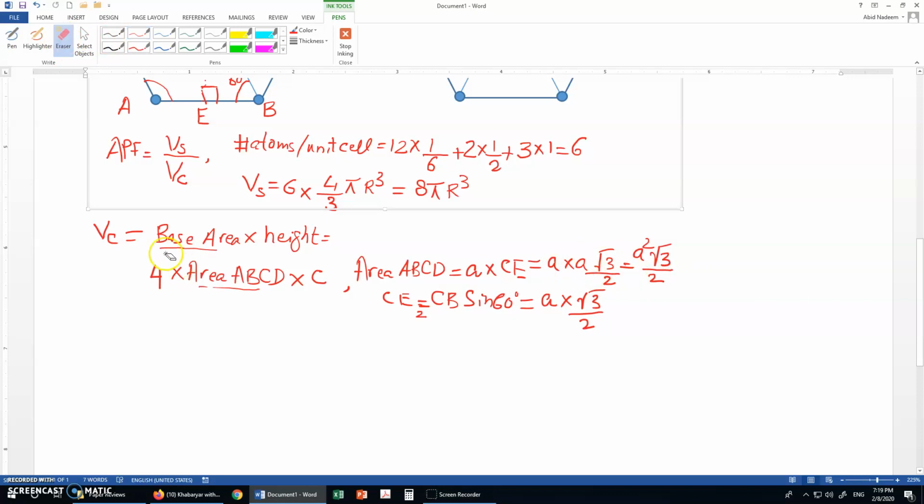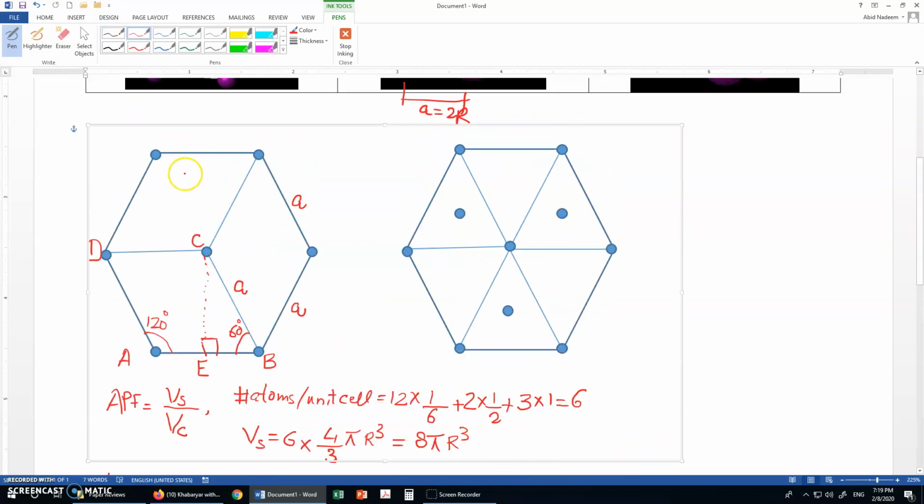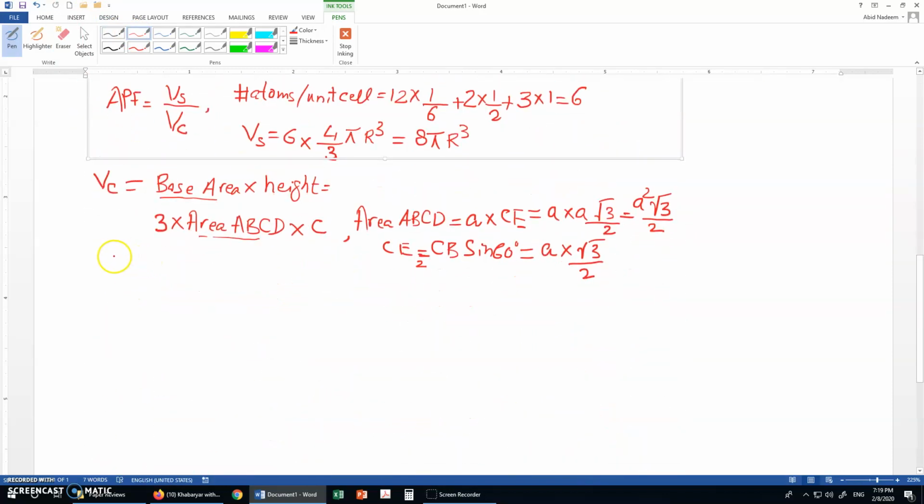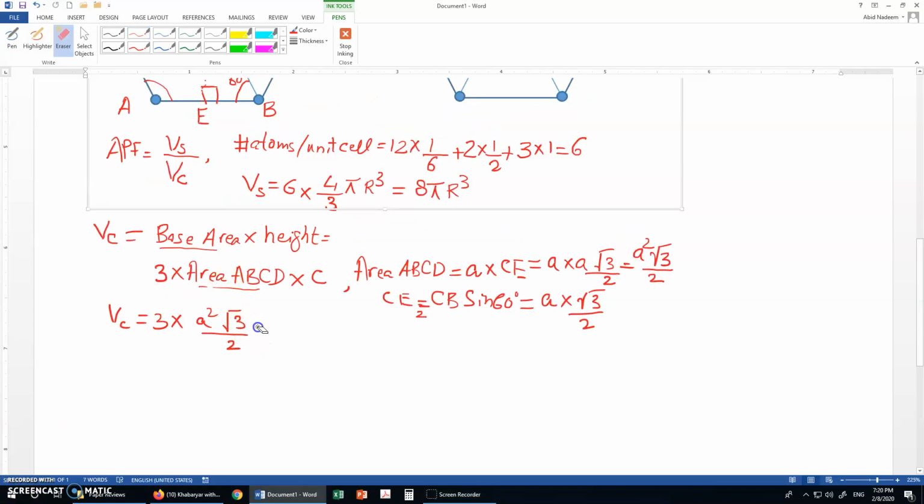Yeah, there is one correction. This base area is not 4 times area ABCD. It should be 3 times, because there are 3 parallelograms over here. So the base area is equal to 3 times area ABCD, which is A square root 3 by 2, times